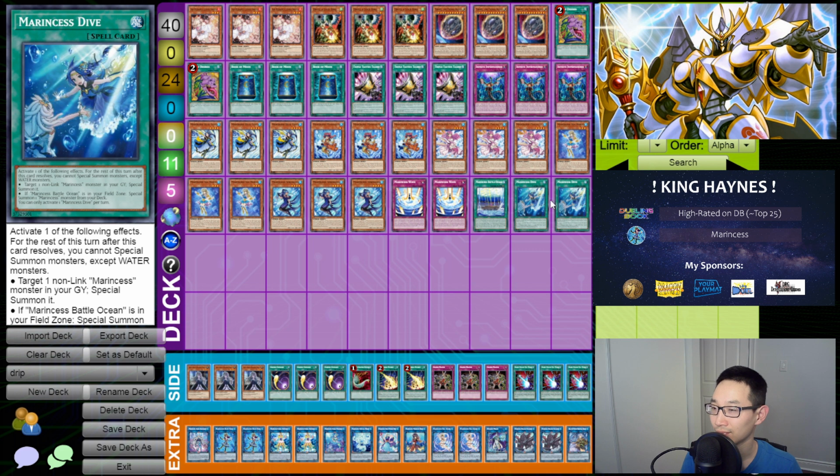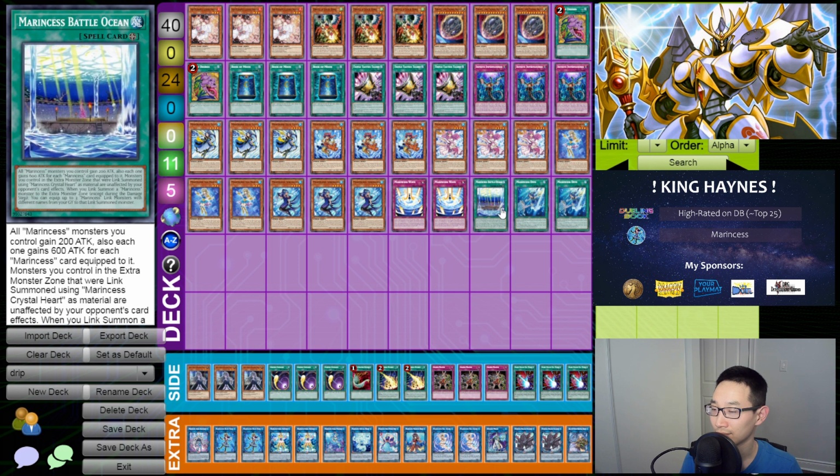Right, double dive. I know some people play three. Feel like it's kind of too much, but you could play three if you're playing desires, but I know some lists don't play desires. And obviously, you got the one battle ocean. I know a lot of people really don't like Mandarin or they prefer to play two, but